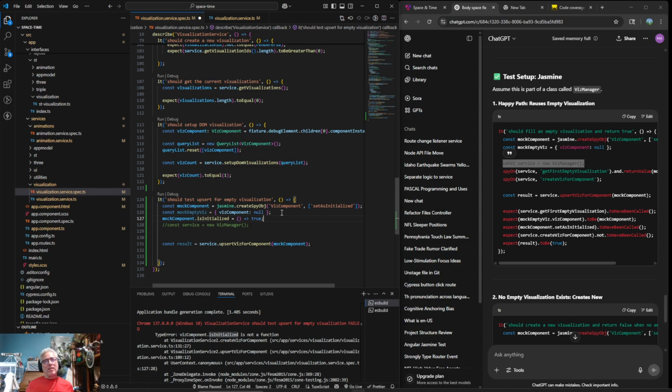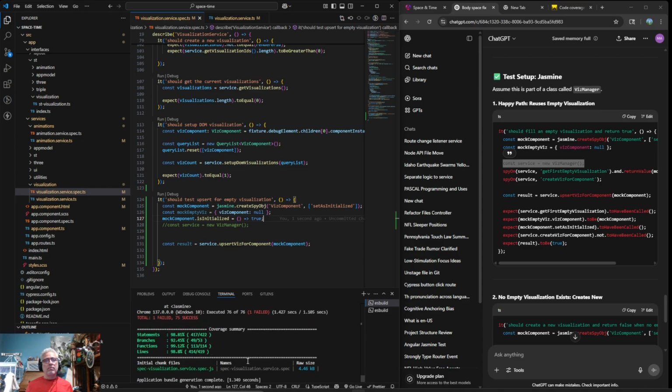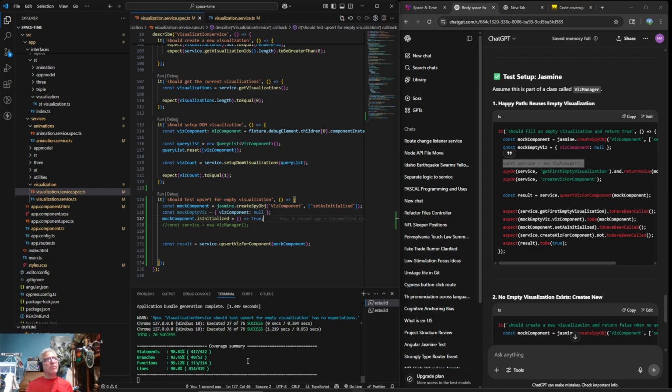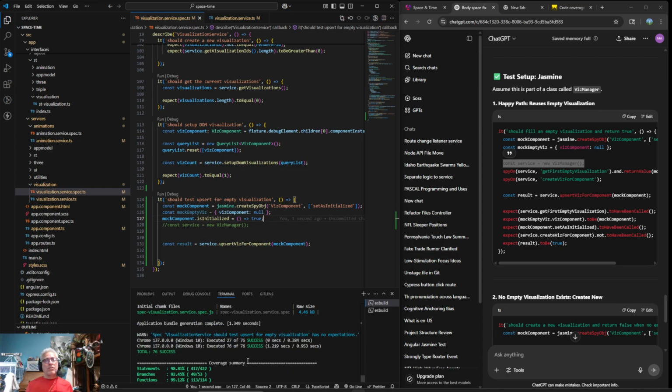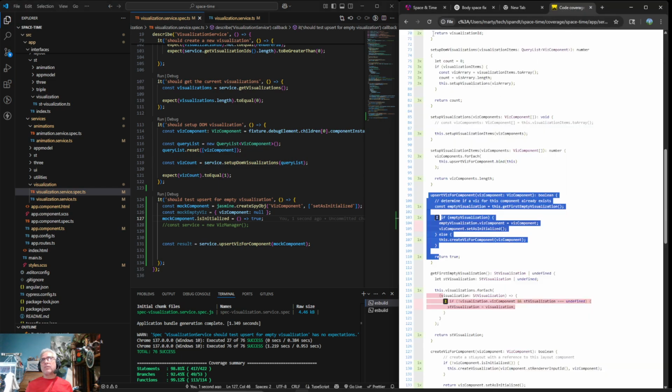So basically we gave mock component a function called isInitialized, and all it does is return true. Let's see what we get. Okay, that made it happy because it was able to call it, and that is wonderful.